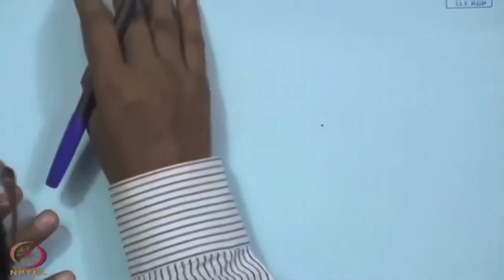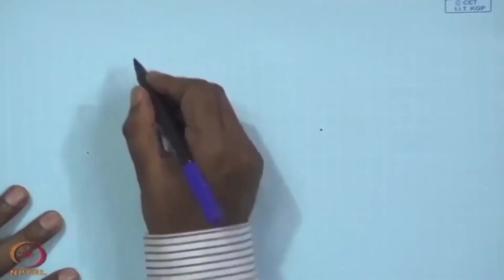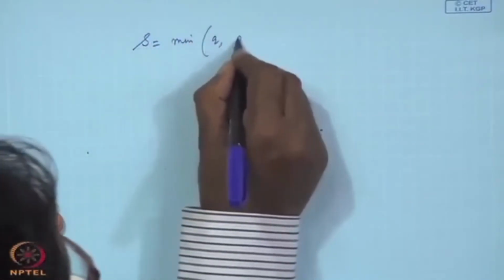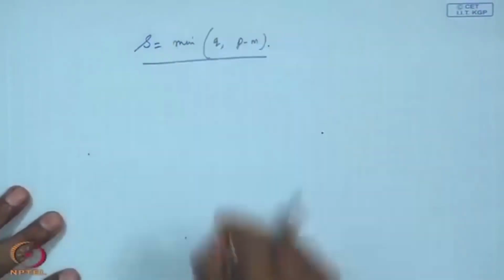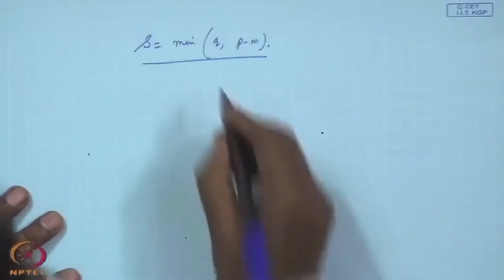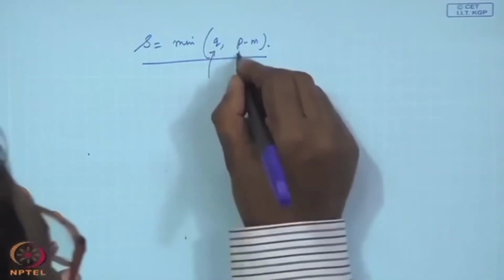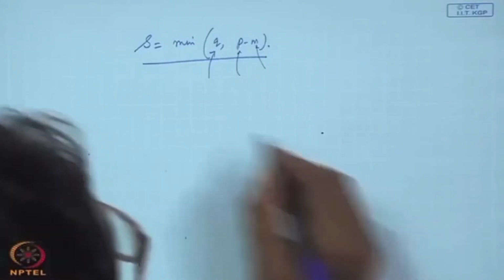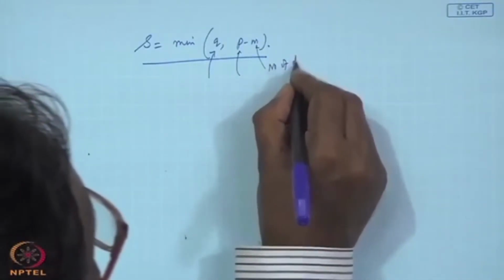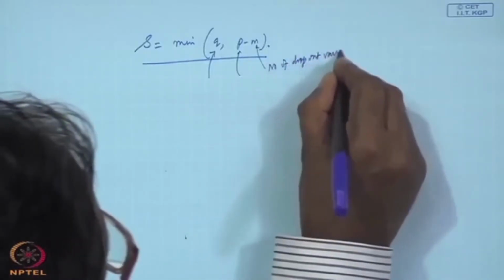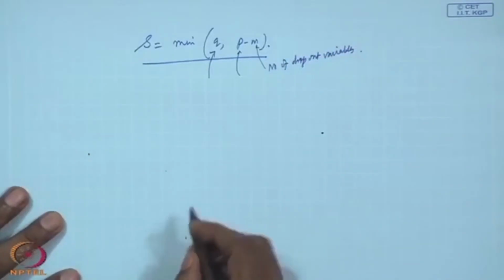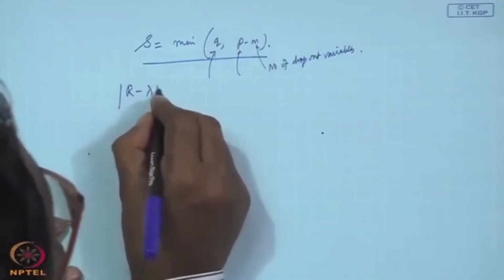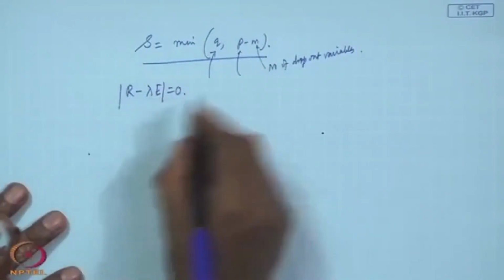Now suppose we say that the order is S, which is the minimum of Q and P minus M. That will be the order. Q is the number of dependent variables, P is the number of independent variables, M is the number of dropout variables. So once you solve this equation, determinant of R minus lambda E equal to 0,